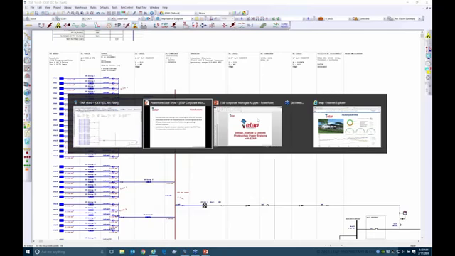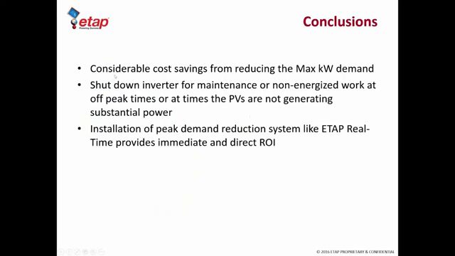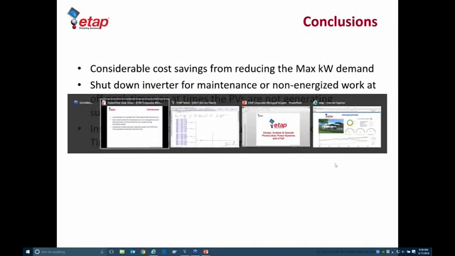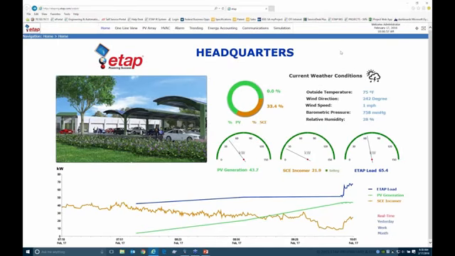In conclusion from the design side, we can actually have considerable cost savings by reducing the kilowatt demand. As I mentioned earlier, you shut down the inverter for maintenance during off-peak hours, and installation of any peak demand reduction system like ETAP real-time will essentially give you direct return on investment, because you will see a reduction in the peak demand charge. So with that, let me quickly show you what we're seeing on the real-time side,